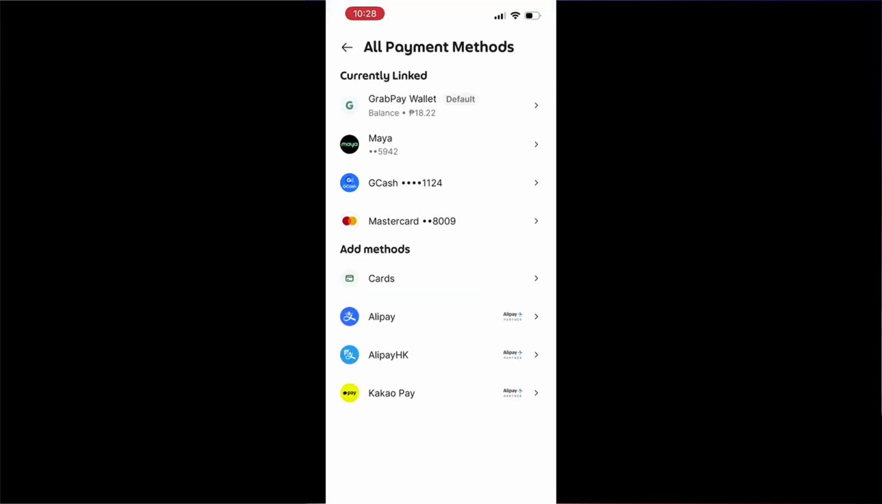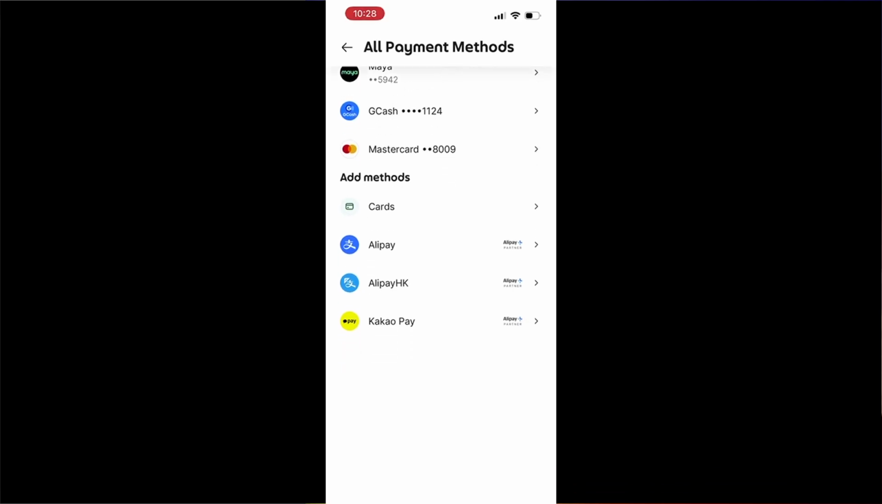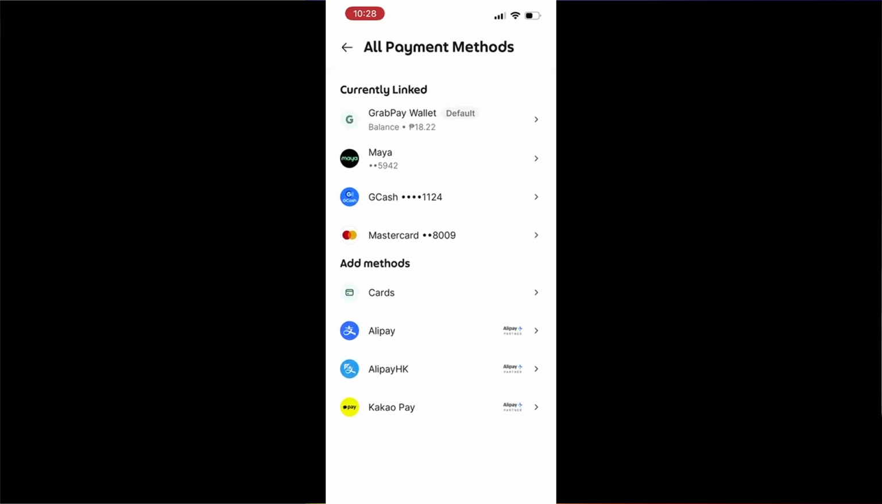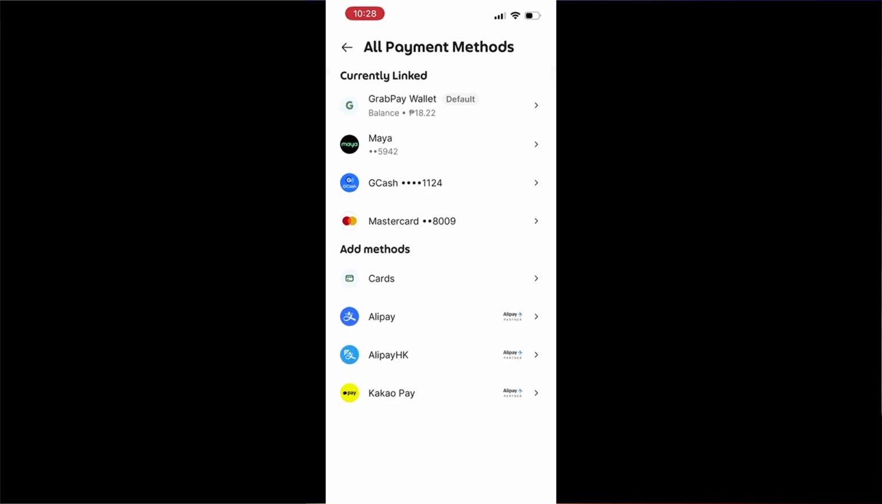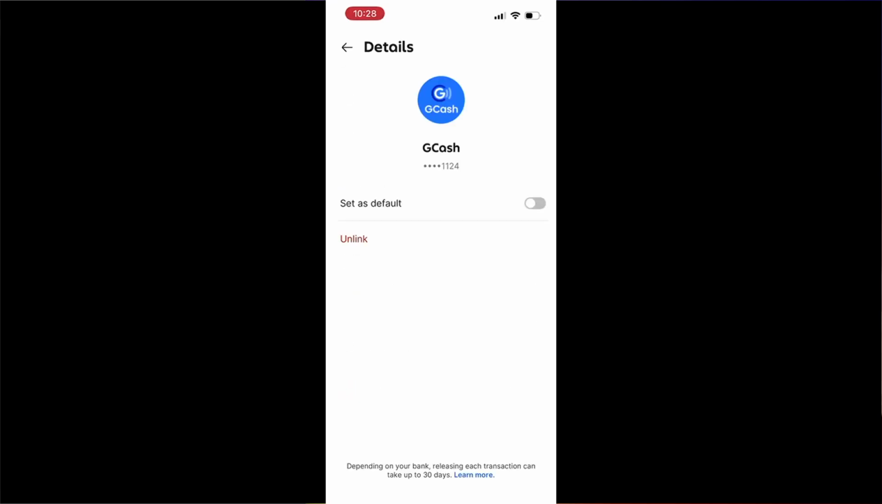Tap on this to view a full list of payment options available to you. This step broadens your payment choices and lets you control which method is most convenient at any given time. Now, look for the option labeled GCash and select it. GCash is a popular e-wallet in the Philippines, and linking it to Grab can simplify your transactions. By selecting GCash, you're preparing to integrate this service with your Grab account, which can save you time in future